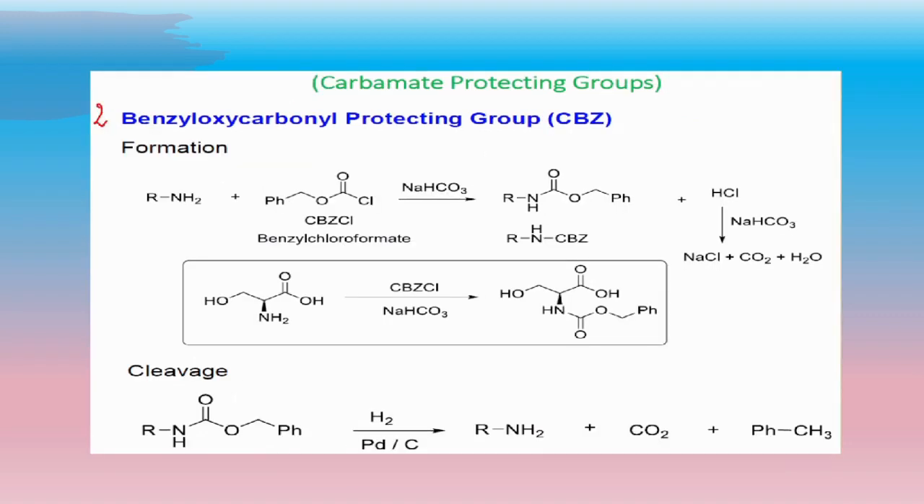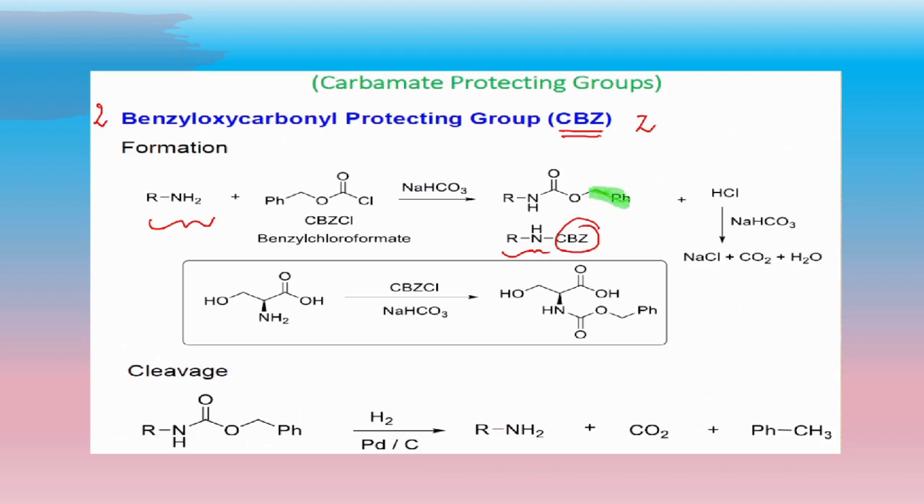Now the second one is benzyl oxycarbonyl protecting group, and it is known as CBZ, or Z is the short form for benzyl oxycarbonyl protecting group. And amino compound, when it is treated with benzyl chloroformate or benzyl oxycarbonyl chloride, in the presence of a base, you will get CBZ protected amino compound. And what is CBZ? CBZ is benzyl. And what is benzyl group? Benzyl group is